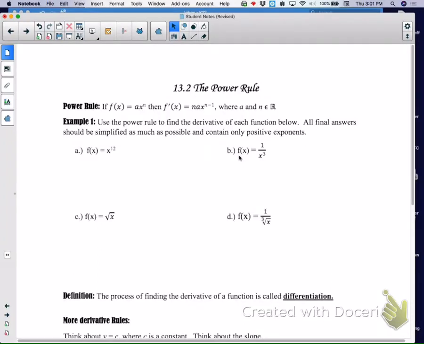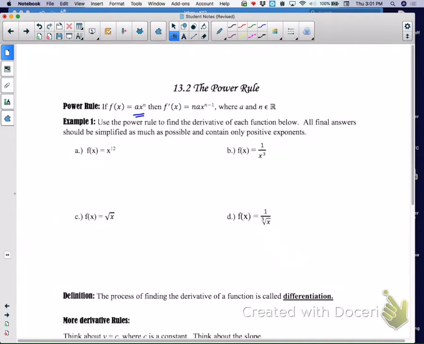All right, so yesterday we first started talking about a derivative, and we used that big, long definition of the derivative. Well, there's a shortcut. Now, the shortcut doesn't work in every scenario, but for the ones that you're going to be doing, it'll work in every scenario. So it's called the power rule, and the power rule says if you have a function a